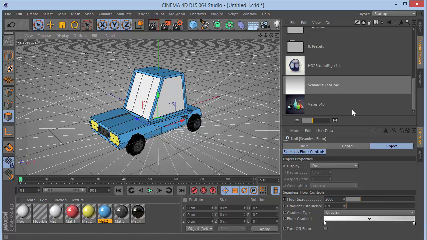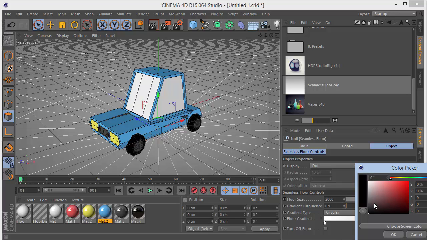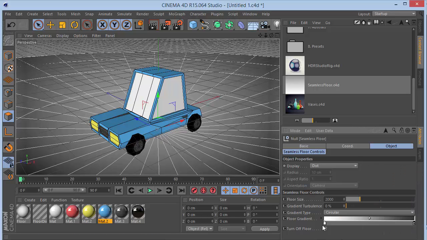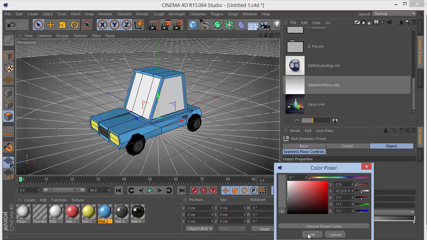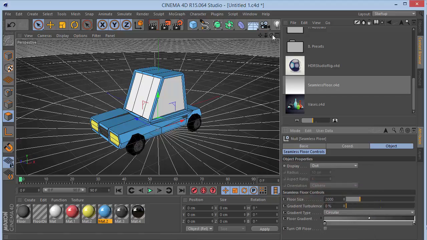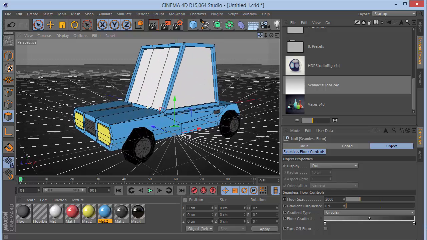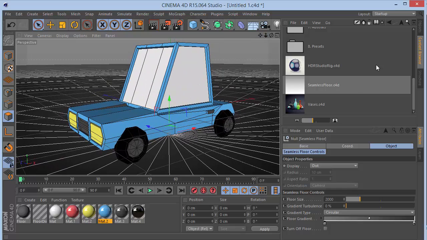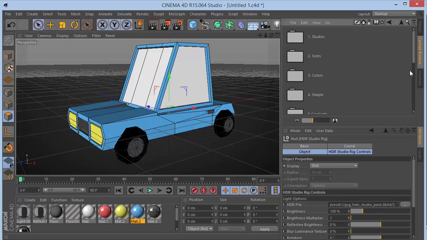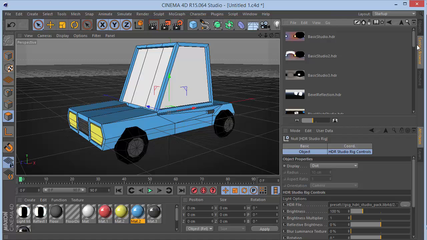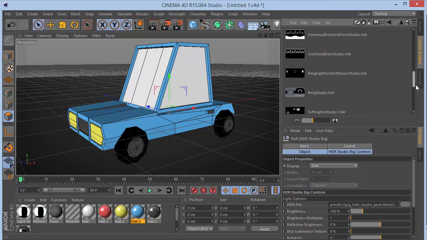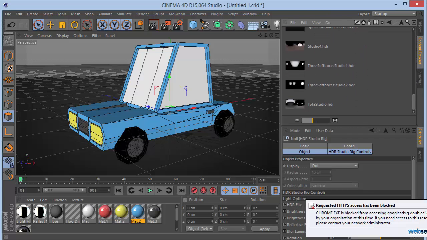And I'm just gonna change the floor gradient. I'm gonna set this to a dark gray and light gray. And then let's just position our camera like this. Okay, and then we want to drop in an HDRI Studio Rig, and I'm just going to be using some random ones. So I'm going to choose, let's say, this one,